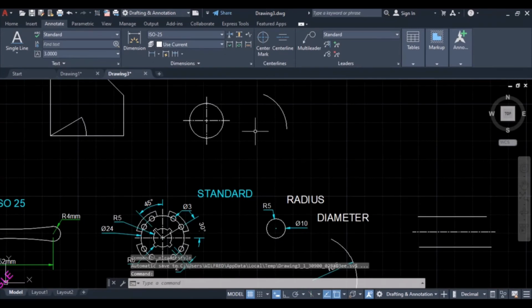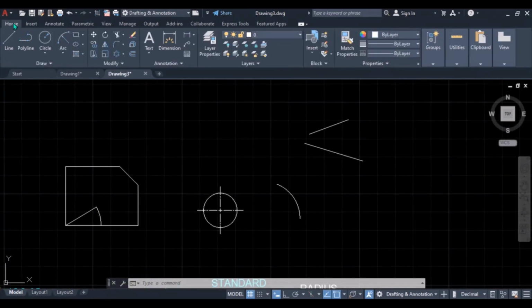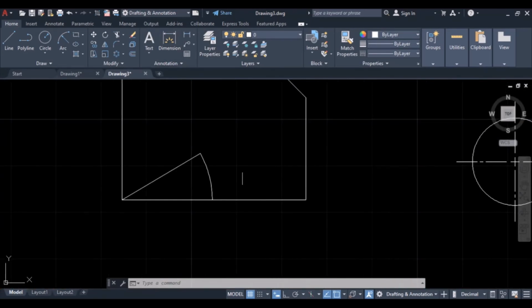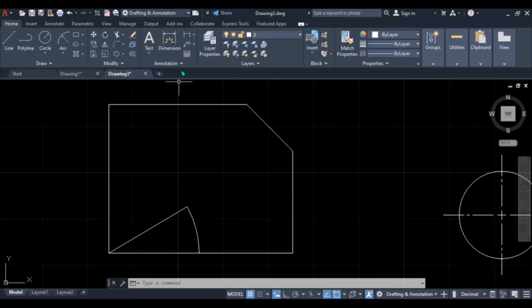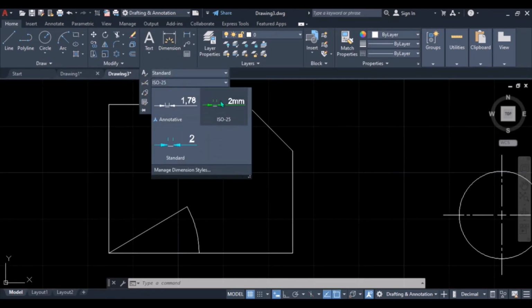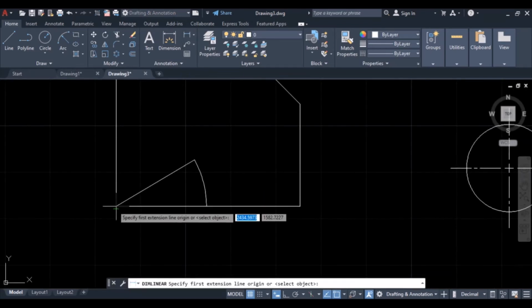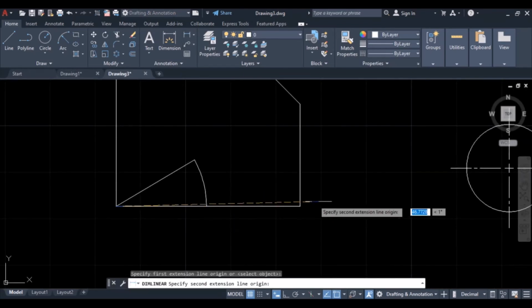And for us to use these annotation settings, come to home. When you want to dimension this object, just click on this down arrow, ISO. Let us use ISO. Then linear dimension from this end, this end.